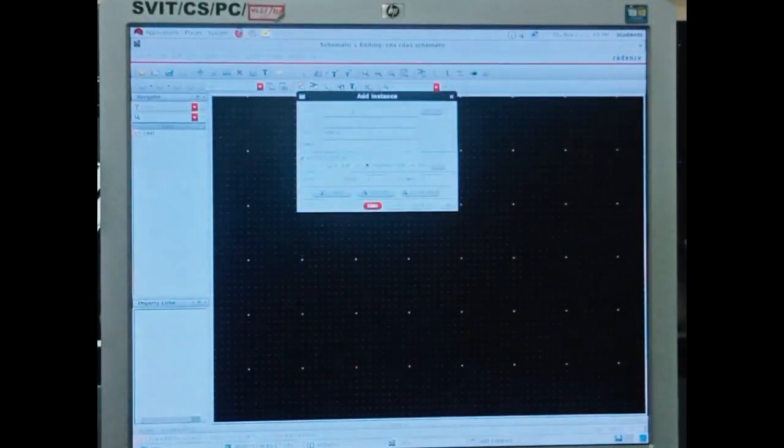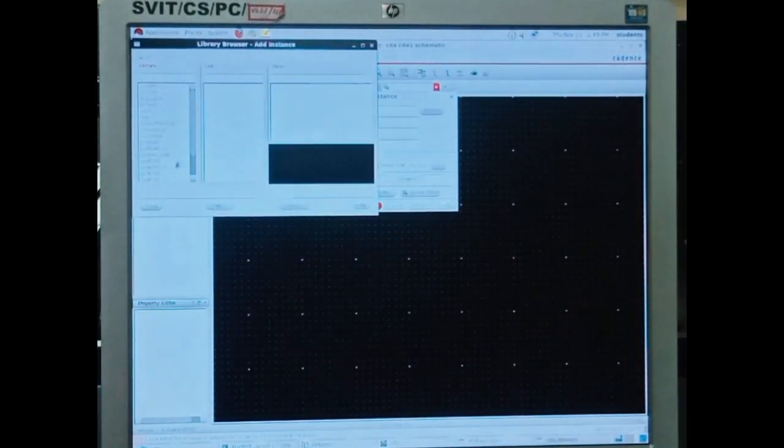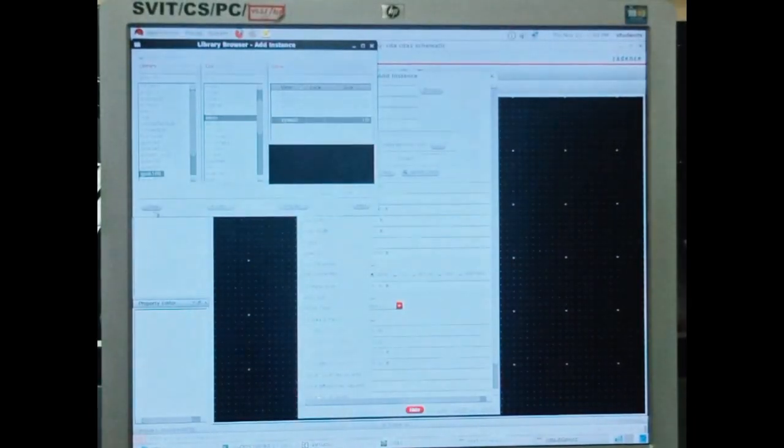We are using two NMOS in order to create a common drain amplifier. In order to take the first NMOS, select library name GPDK 180, NMOS component, ensure symbol is selected. Here we have to change two things.